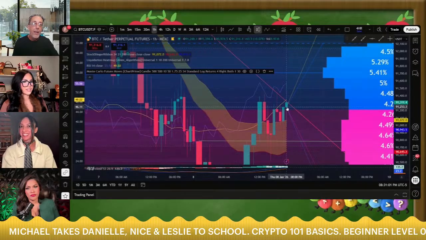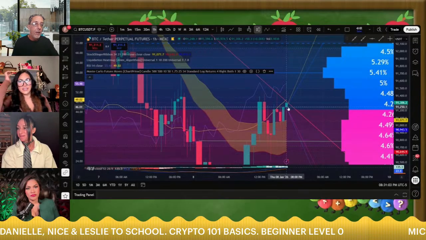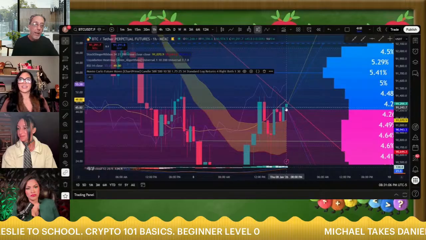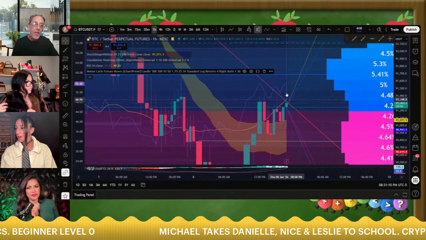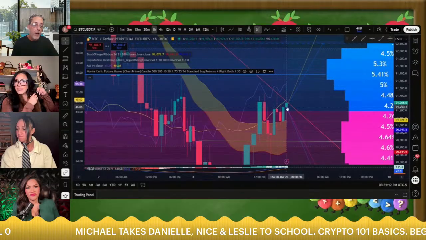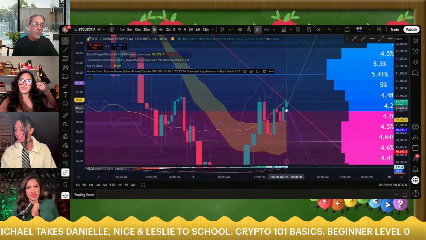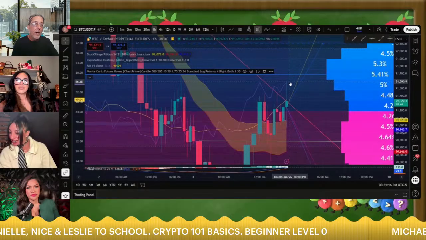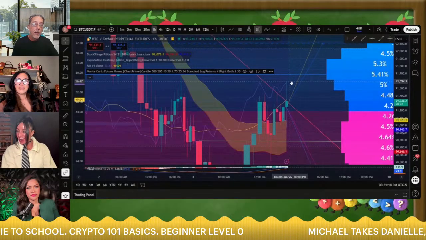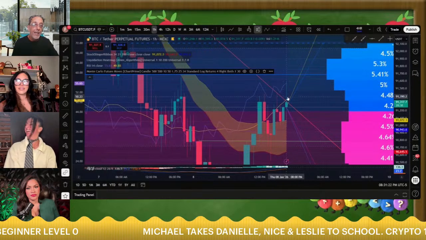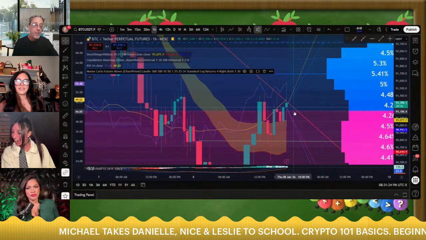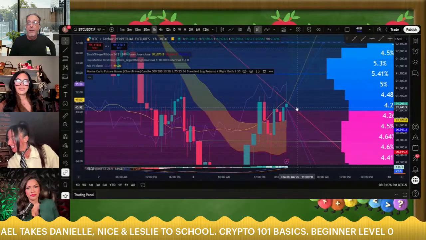So let's just say I entered the trade right here at 91,200, and I'm like, you know what, this thing is way too close to this. I think it's going to bust through. I'm going to put in a trade now. I put it in at 91,200 and this thing shot all the way up to 91,600. Okay. I'm going to set a stop loss somewhere here, above where I got in. That way, if it comes back down and stops me out, it stops me out in profit.